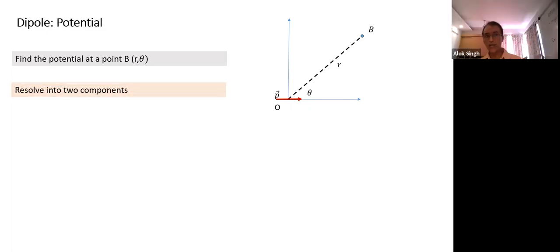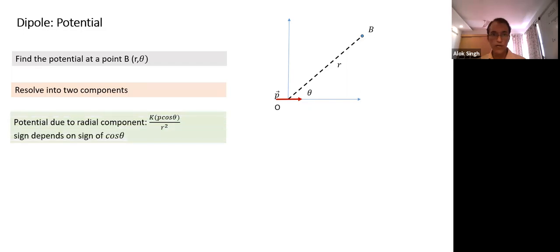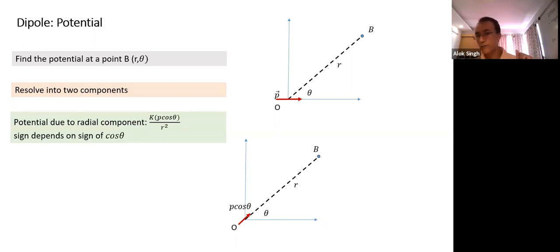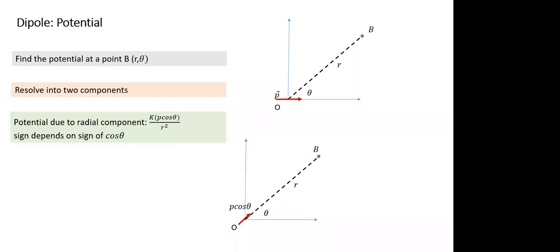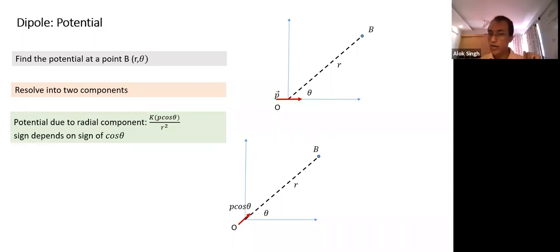What we have done is resolve the dipole into two components. What are the two components we take here? One component is p cos theta, the radial component. Now the point is lying on the axis of the dipole. I should know the formula of potential on the axis of the dipole. Kevin, what is the formula for potential on the axis of the dipole? You should learn how to mute and unmute and respond quickly. Kevin, what is the formula for potential? Kp by r square. So what is p here?